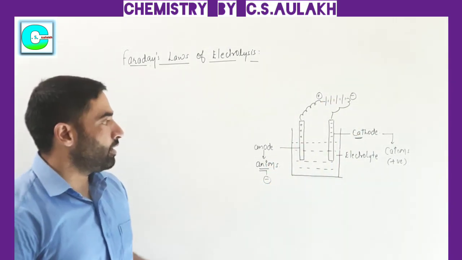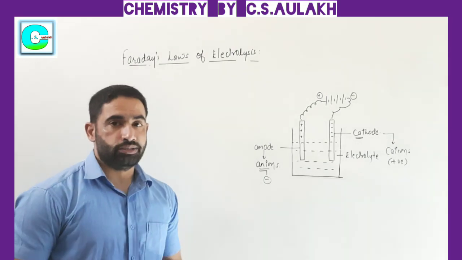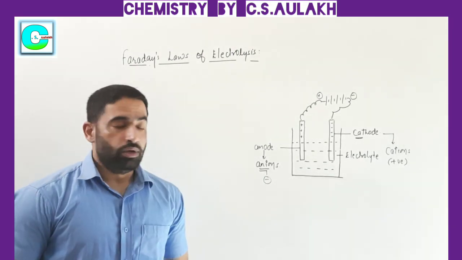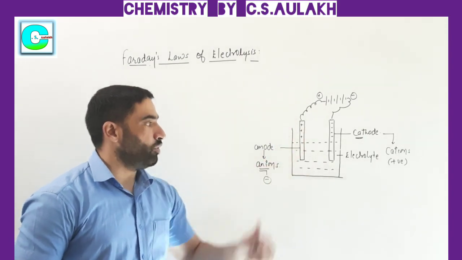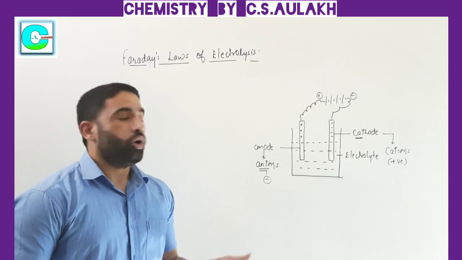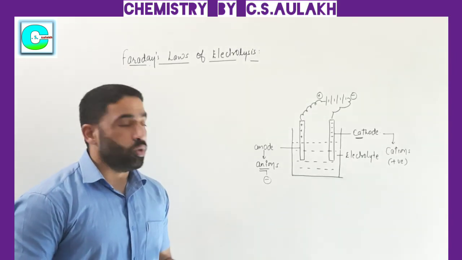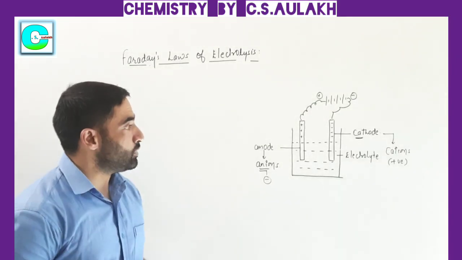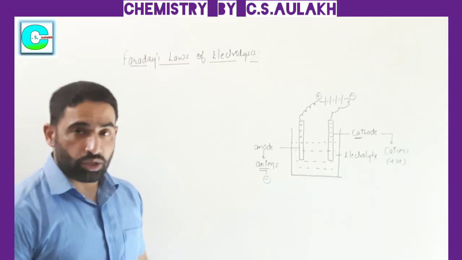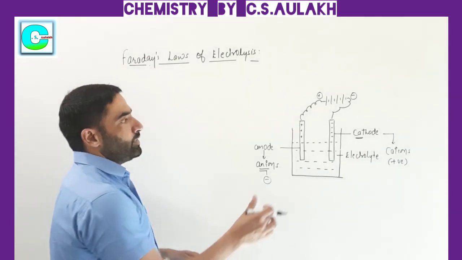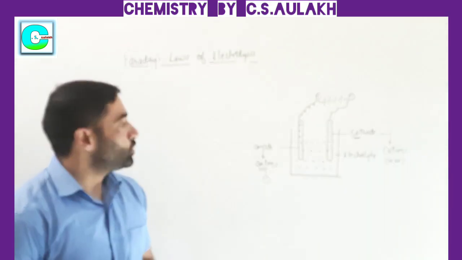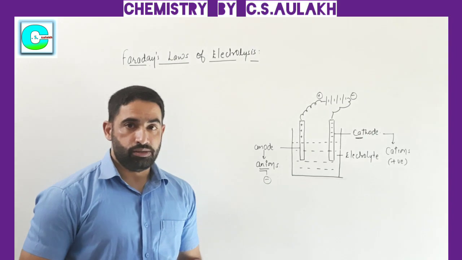So we can say there are two electrodes, one is the anode and the other is the cathode. Then we dip these two electrodes into the solution of the electrolyte. You can take an aqueous solution or you can take the molten form of the substance also. With the help of the battery we have connected the two rods. When electricity passes through the solution, decomposition occurs. This is called electrolysis.